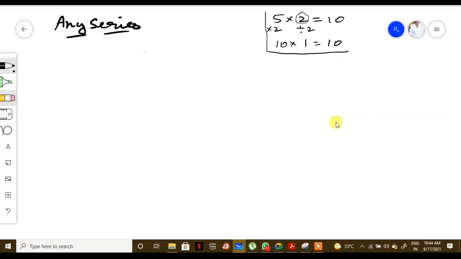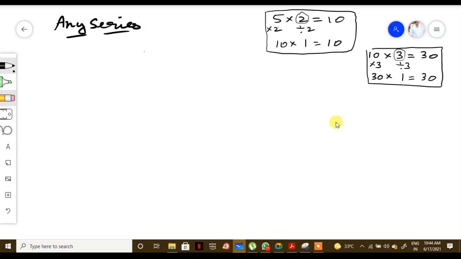So this is the method I am going to follow in this any series method. Again, if it is not clear, I go with the next example here. Suppose I am taking 10 3s are 30. Just we are going to multiply this one by 3, so we get 30, and divide the other number by 3. So we get 30 into 1, which is again 30. Right? The same method you are going to deal with any sum, multiplication, and change into series of 1s and 9s.